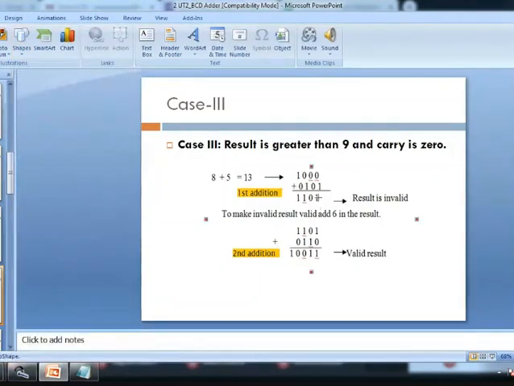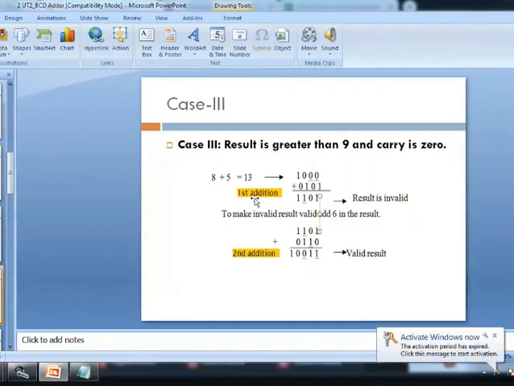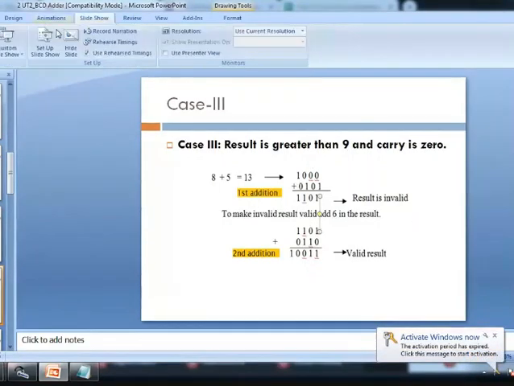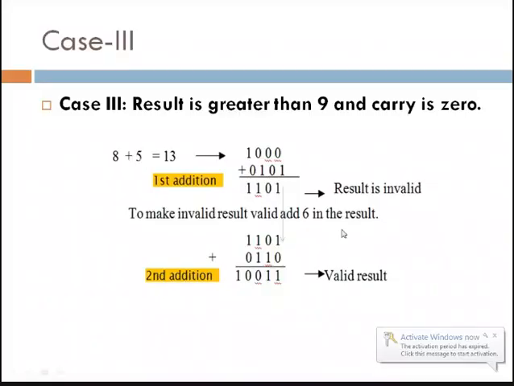But when we give this sum part as it is to this one, the result will be invalid. So the second addition depends on this sum part. If the sum part is valid, then there is no need. If the sum part is not valid, then we have to perform the addition.